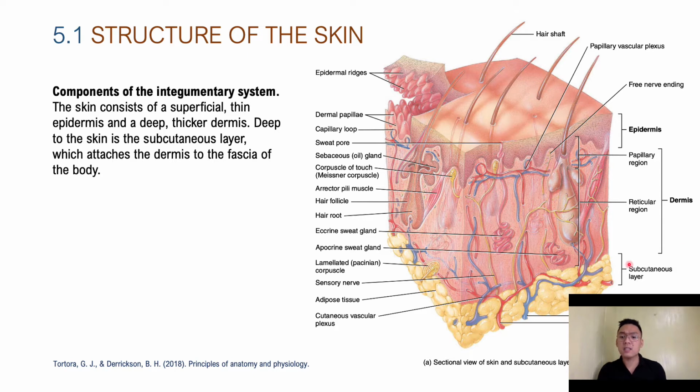In adults, the skin covers an area of about 2 square meters. That's 22 square feet, and it weighs 4.5 to 5 kilograms. That's around 10 to 11 pounds, and about 7% of your total body weight. It ranges, okay, this sectional view of the skin, it ranges in thickness from 0.5 millimeter or 0.02 inches, and